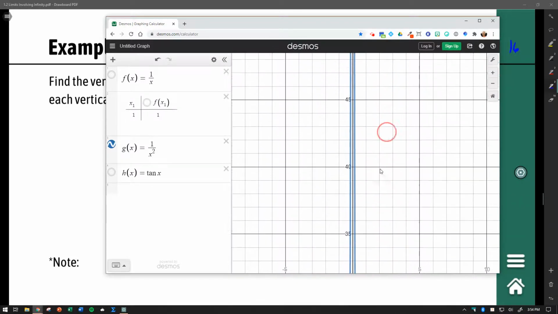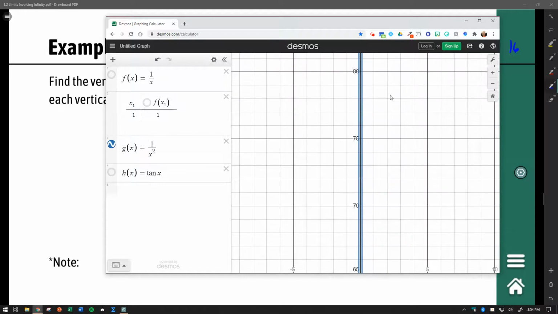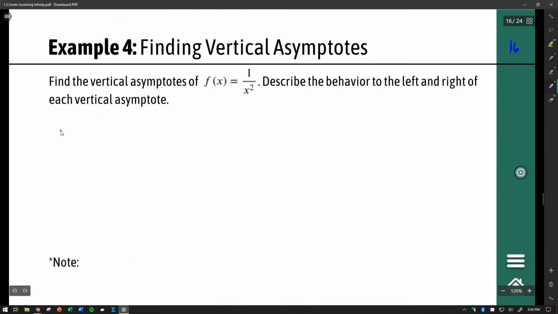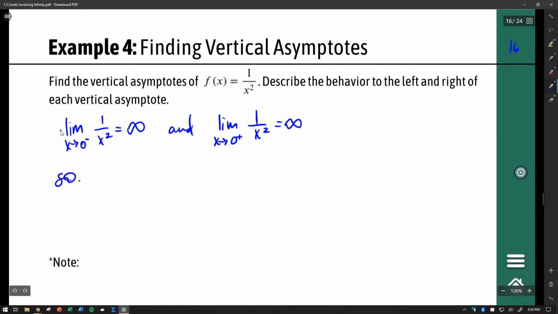So this function increases without bound, both from the left and from the right. I would say that the limit as x goes to 0 from the left of 1 over x squared is infinity, and the limit as x goes to 0 from the right of 1 over x squared is infinity. So the vertical asymptote